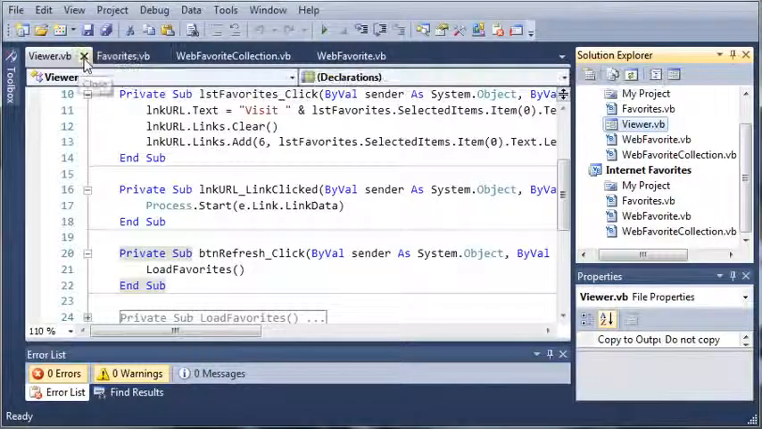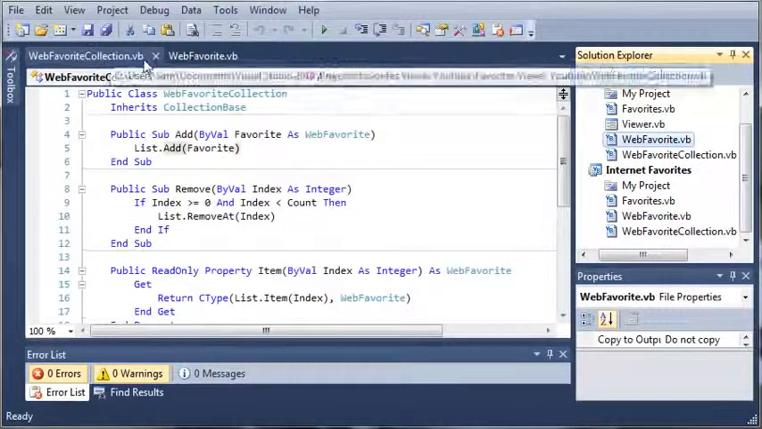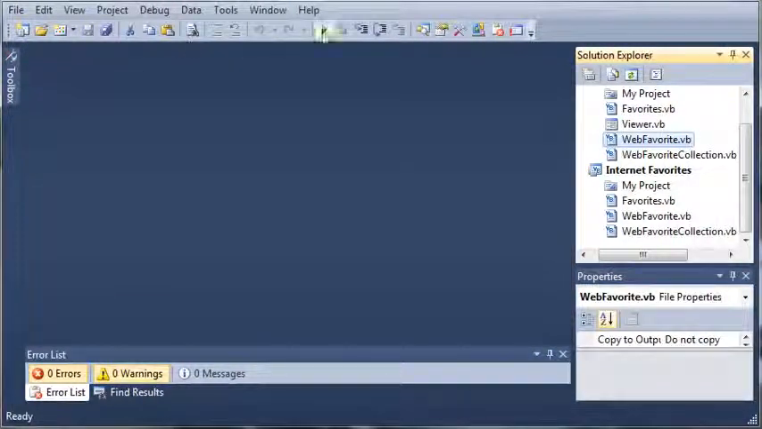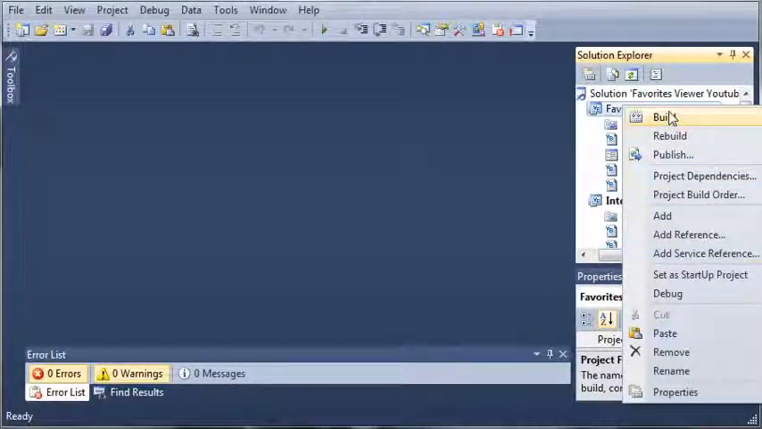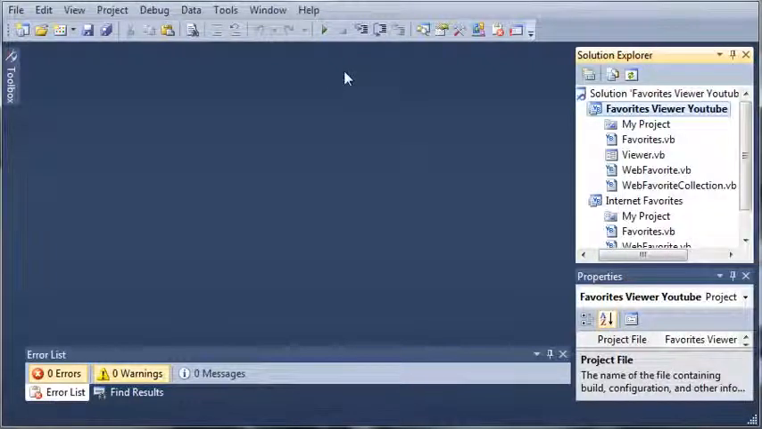In this tutorial we're going to be creating the web favorites tray application. So let's set the favorites viewer YouTube as our startup project, and if we go ahead and run this, you can see that it opens up